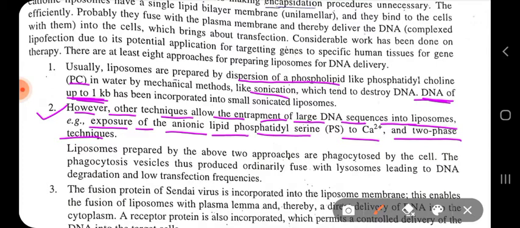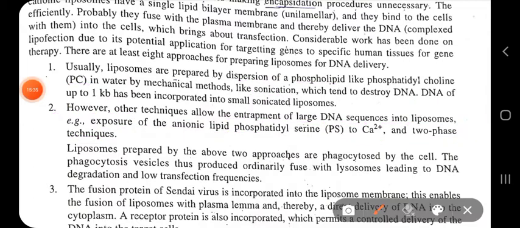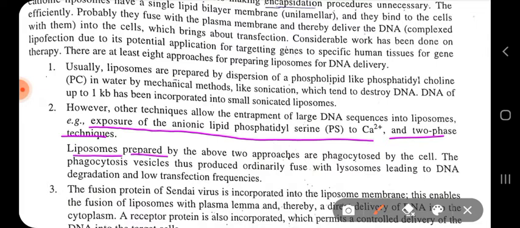Okay, so these are the two techniques, extra techniques which can be employed: exposure of your anionic lipid phosphatidylserine to calcium ions, and two phase techniques. So liposomes prepared by the above two approaches are